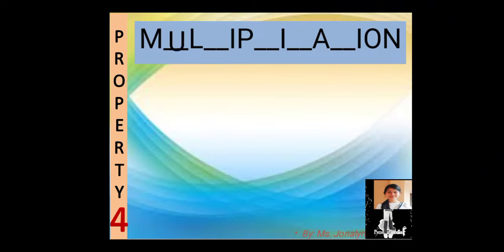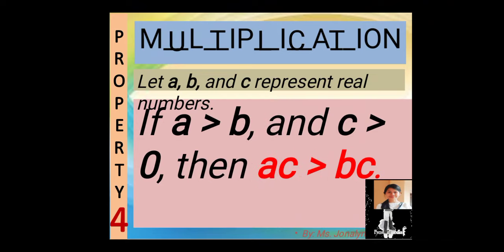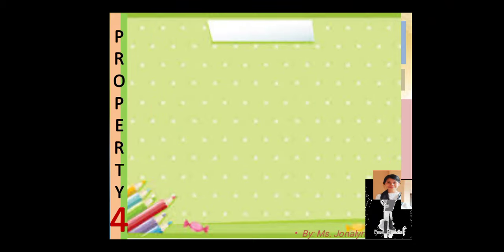Next, the fourth property we have is the multiplication property of inequality. Here, it states that if A is greater than B and C is greater than 0, then A times C is greater than B times C. In other words, if A is less than B and C is less than 0, then A times C is less than B times C. So, for example,